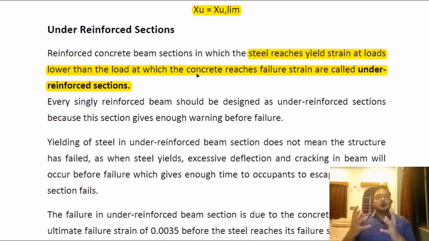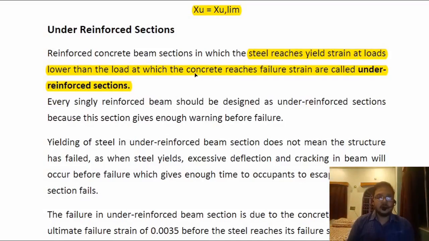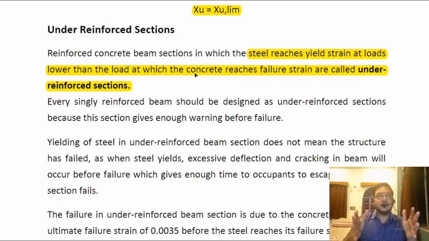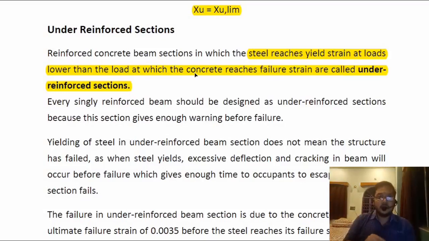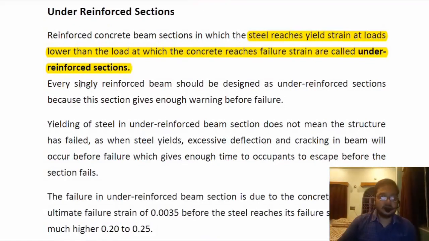So whenever that yield strength arrives in that particular reinforced concrete section, the concrete part will be as it is. It will not reach its failure strength, but the steel will reach its yield strength. In simple literal meaning, the amount of steel will be outnumbered as compared to the amount of concrete that is available to us.